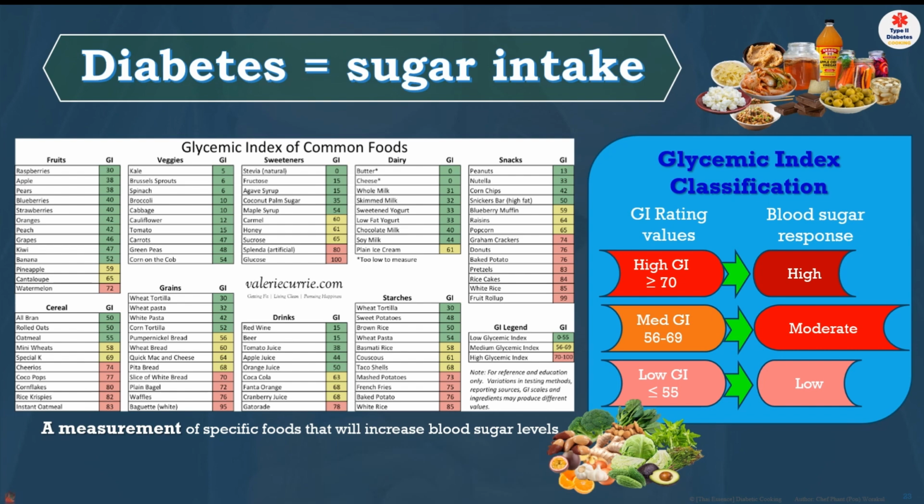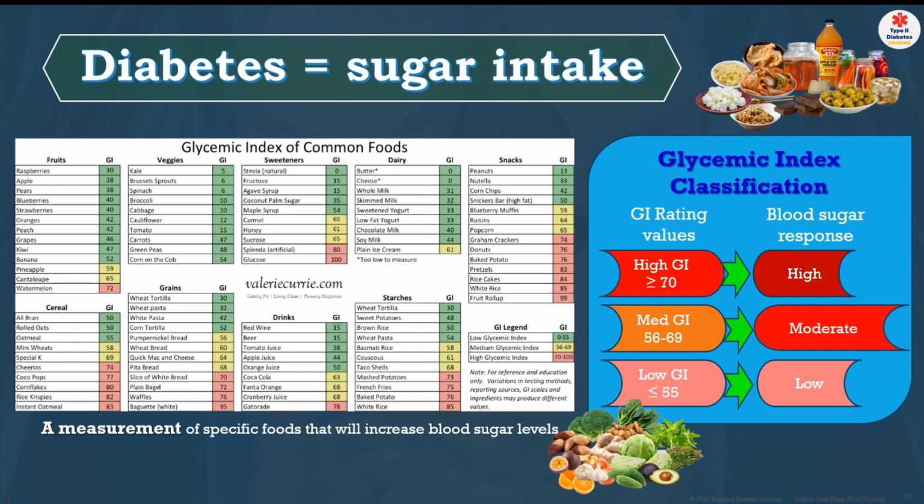You talk about diabetes. Diabetes pretty much equals sugar intake, but sugar comes in many different forms. Even when you eat protein, protein converts to sugar. There's a lot going on there, and we will go through that when we get to the sugar sections. But you have to understand the glycemic index, which is pretty much how they measure the sugar content.